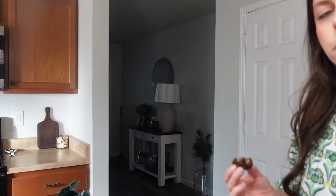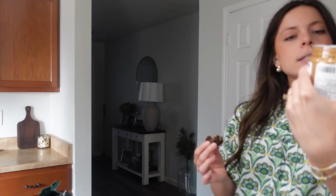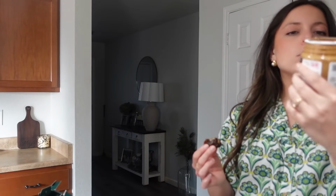It's a date, just one of these. I took the pit out, and then I got this nut butter that just has cashews, almonds, Brazil nuts, flaxseed, chia seed, hazelnut, pumpkin, and sea salt. No oils or sugar. And then I added...